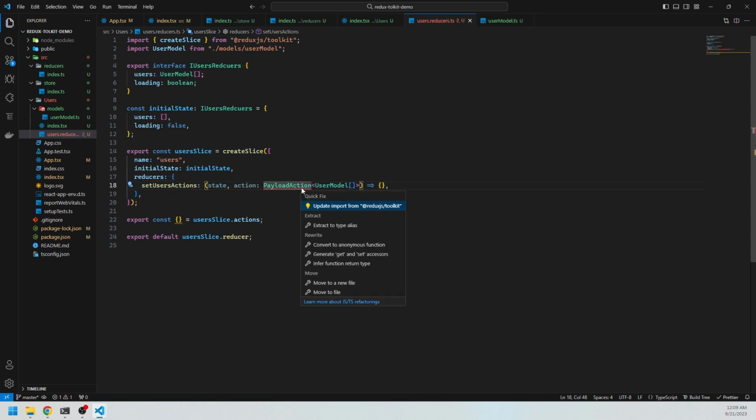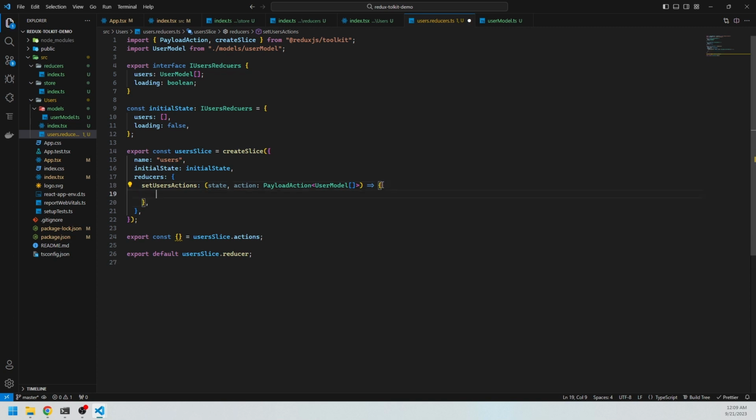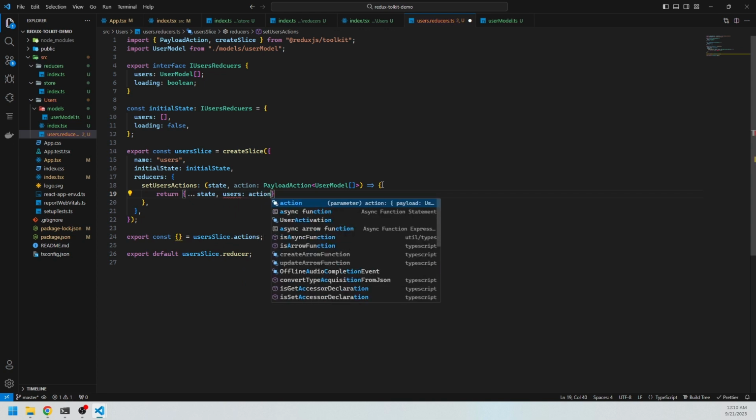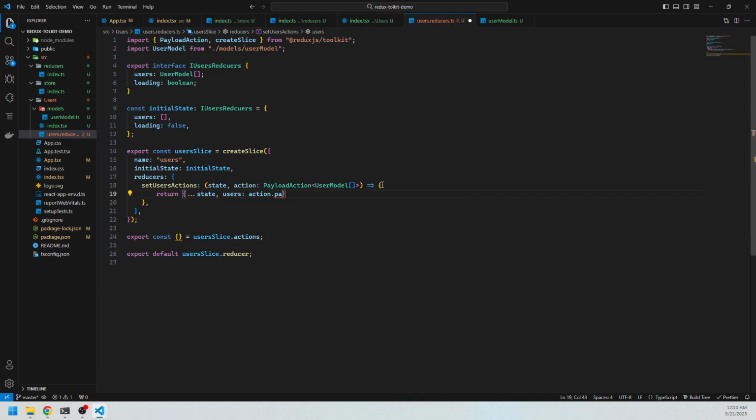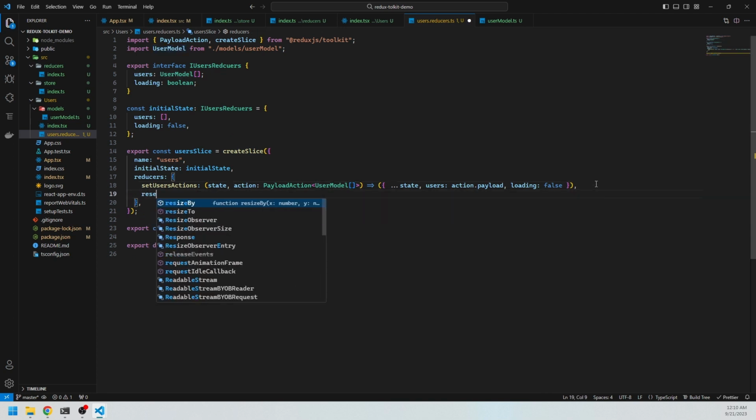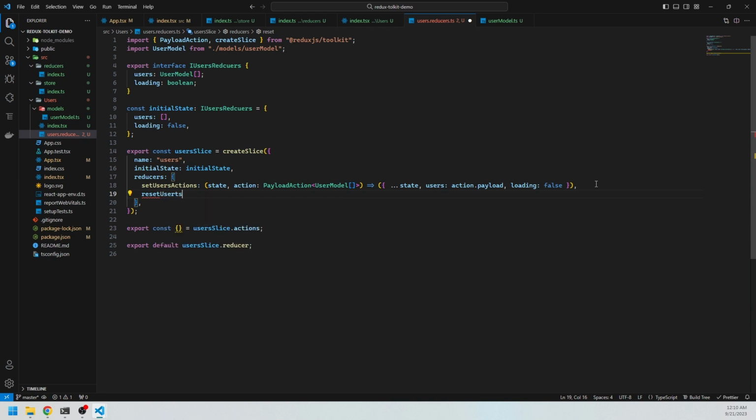Now we can import PayloadAction from Redux Toolkit and we can simply return state, let's say users colon action dot payload. Now our type of the payload is user model array, which is similar to user, so it will be a simple one-liner code. Now the next action that we are going to create is for the reset action, reset users